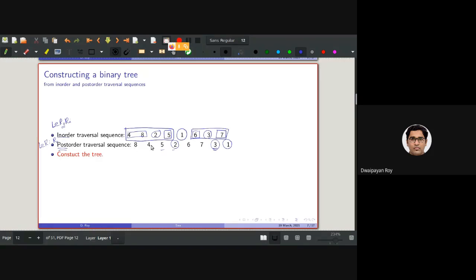Then 4, 8. What will be the case here? 2 will be the root, of course. So let's try to draw that. So 1 will be the root, and then in the right subtree, 3 will be the root, right?